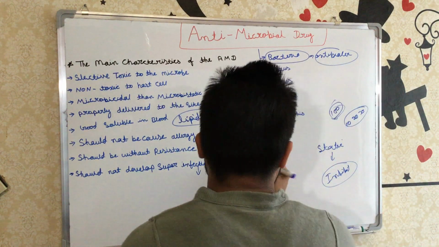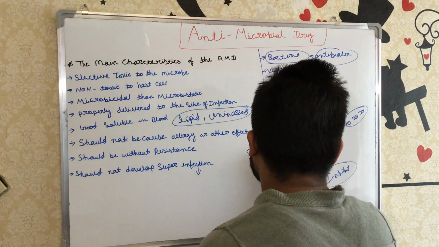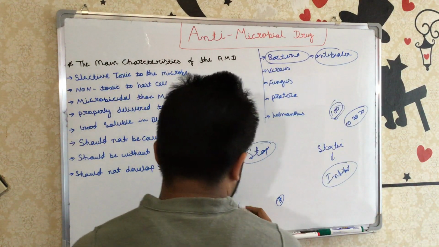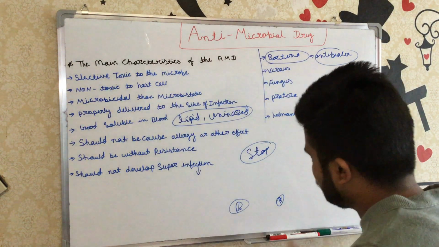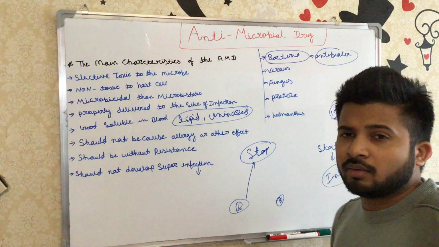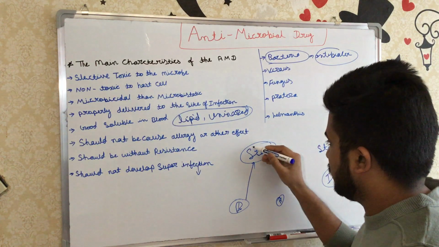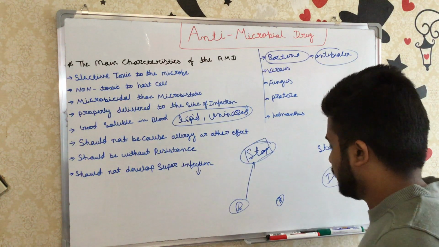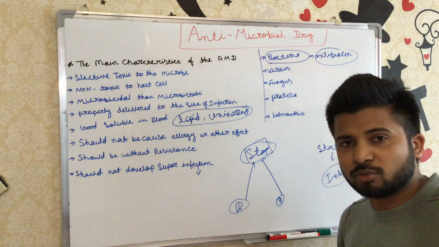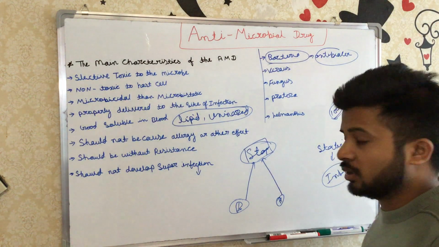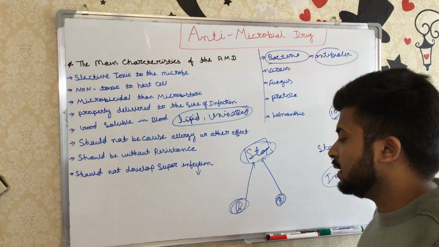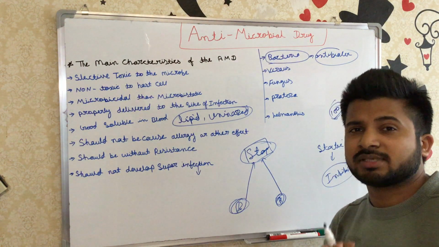For example, the person has a staphylococcus infection, and we have two types of antibiotic, A and B. As we know, if we give the B antibiotic, it will not kill the staphylococcus well. And if we give the A antibiotic, a group of antibiotics, it will easily kill the staphylococcus. So it is better to give this one. If you give the other one, maybe it can develop resistance. That is the first mechanism.